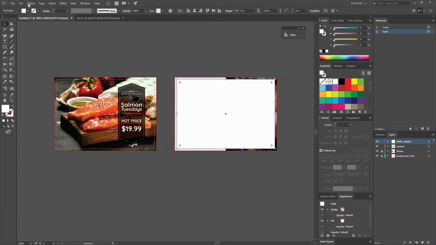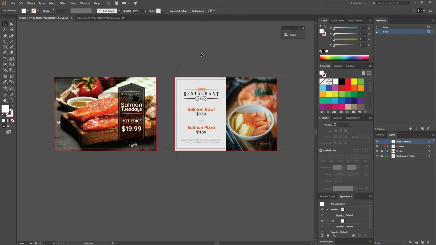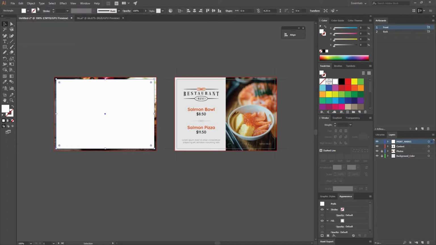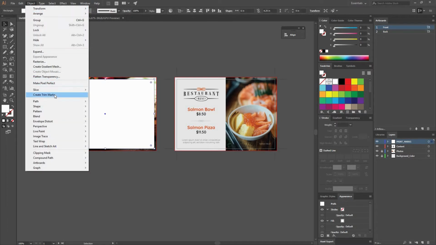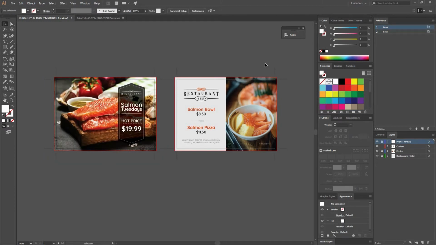And I'm going to do the same by selecting the rectangle that I just created, and go Cut, or press Ctrl X as a shortcut. Then make sure that I go to the front artboard and go Edit, Paste in Place, or Ctrl Shift Y. And then I'm going to do the same, Object, Create Trim Marks. I'm going to delete this rectangle because I don't need it anymore. And as you can see, I have those print marks